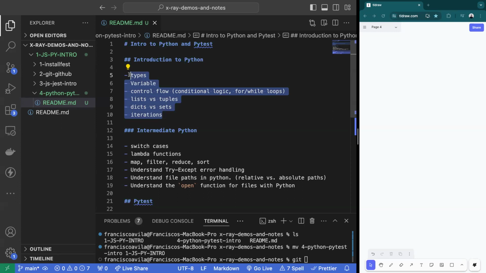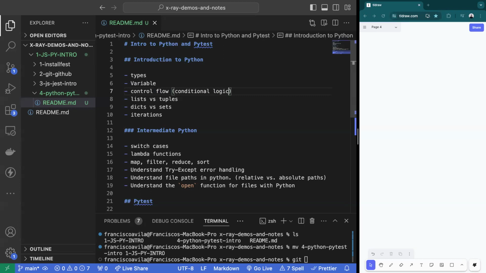We'll also be covering control flow, conditional logic, ternary statements. Then we'll be covering lists versus tuples, some of the key differences, things that we need to ensure that we annotate and keep in our back pocket. Then we'll be covering dictionaries versus sets, when to use each one, and why these data types are different and exist. And then finally, we'll cover our different methods for iteration, which there is going to be quite a bit